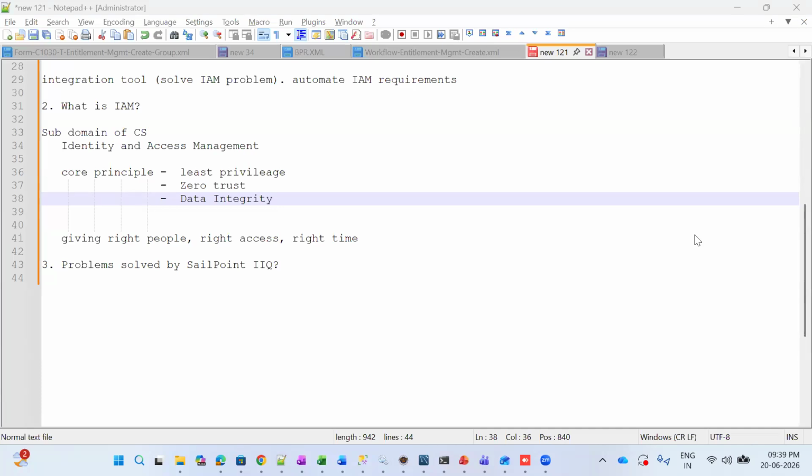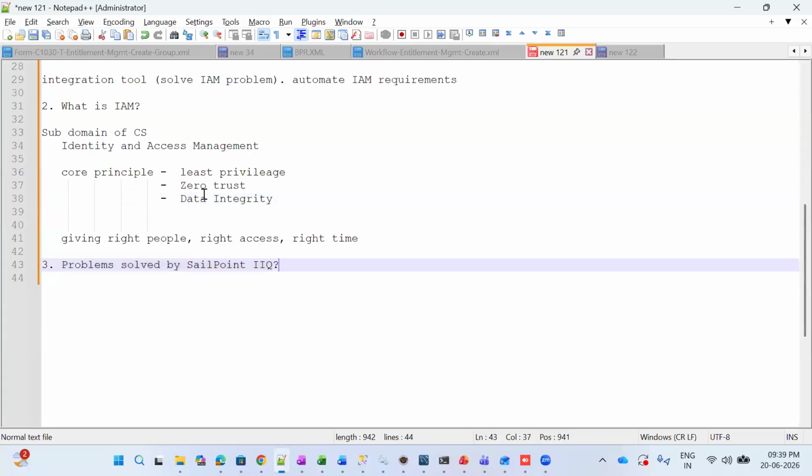Yeah, Kalyan. So you are saying since these are the core principles of IAM, mostly problems will be from this side, right? So to solve those problems, SailPoint will be used in the scenarios, right? Yes. Not exactly the problems, I can say. We'll be discussing the problems. We have this topic here, but